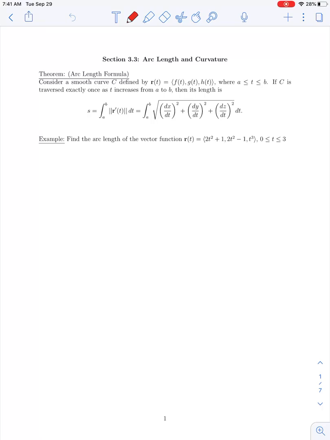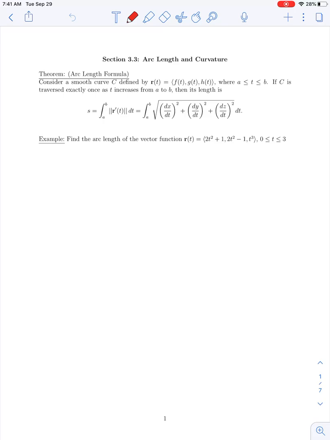Okay, in this lecture we're going to cover our section 3.3 material on arc length and curvature. So we'll talk about a few different topics related to vector functions or space curves throughout this section, and they've got some nice applications. So the first thing that we'll be talking about is the arc length of a space